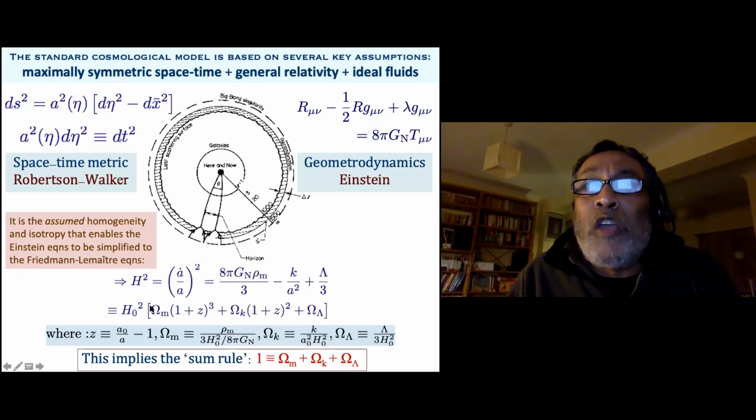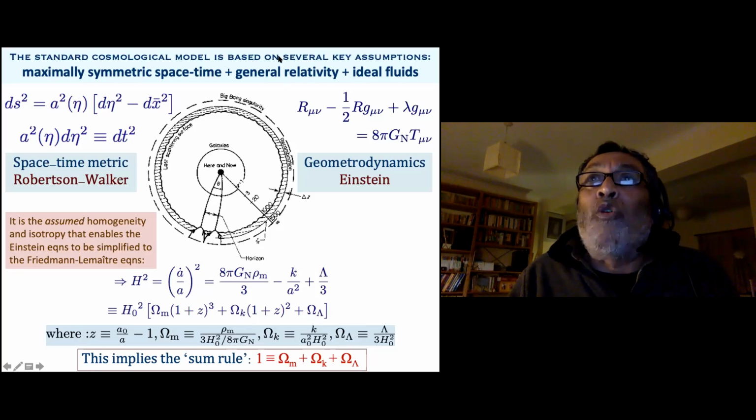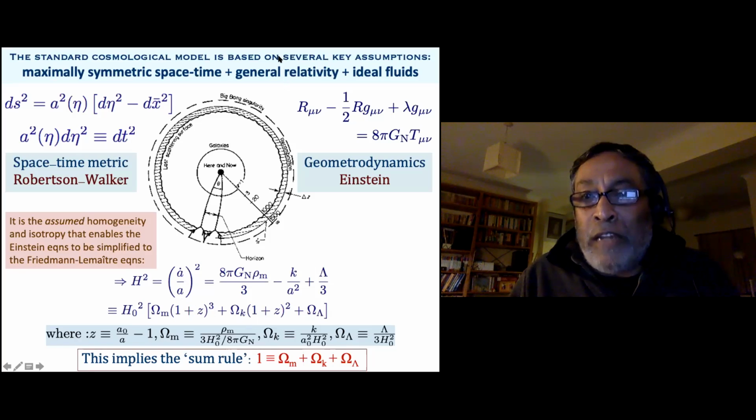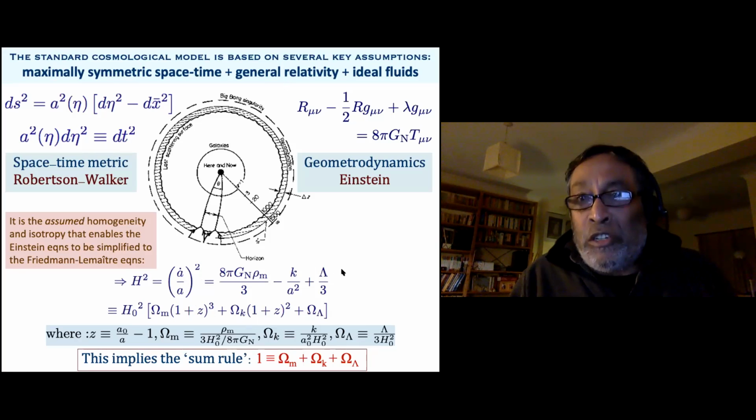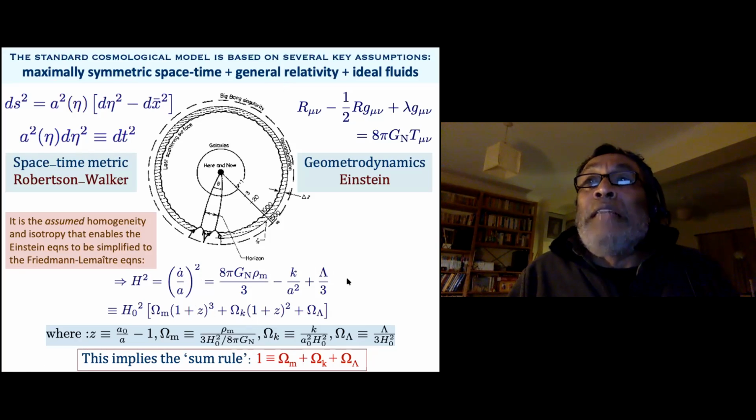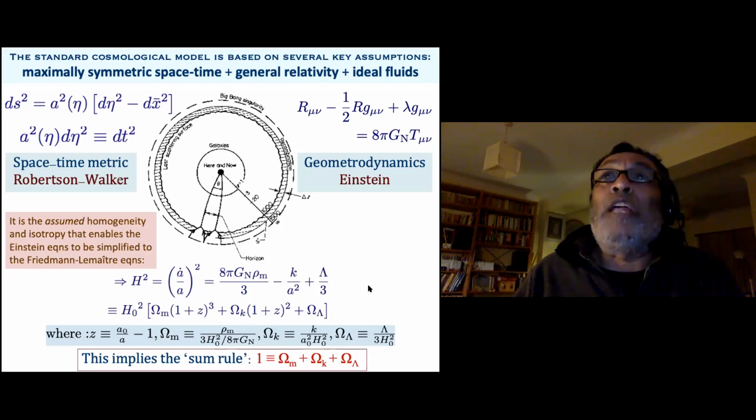And what happens when you have an equation which says a dot by a squared equals a constant? Okay, the solution of that equation is that a goes as e to the t, right? It has to be an exponential growth. That is the only thing that will give you a dot by a is a constant. Now, that means that the expansion rate of the universe will increase exponentially. And indeed, that's what we find happens when we go back to